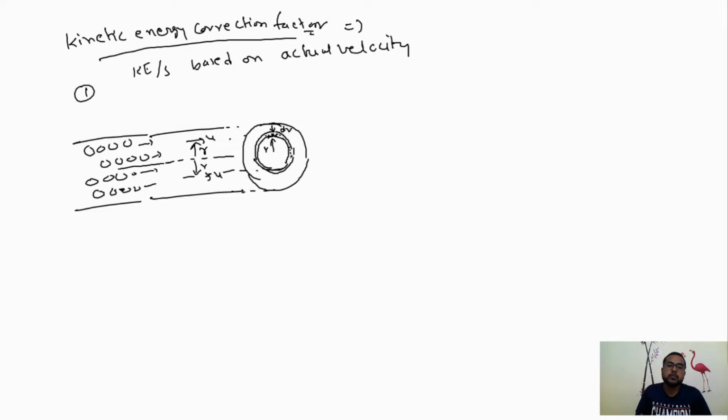So here velocity is what? u. We know at r, velocity is 1 by 4 mu del p upon del x, R square minus r square, right? So we know this thing. So velocity in this small ring is u all over, because we have taken a small thickness, so u is almost constant in this small area. So what would be the kinetic energy per second? Kinetic energy is defined as half m v square, right?